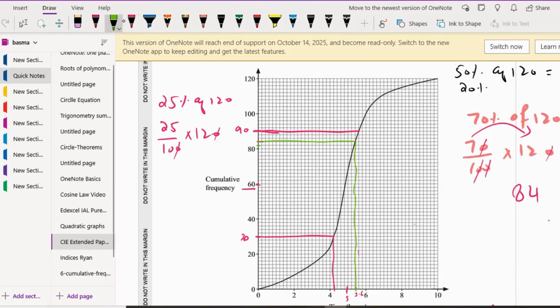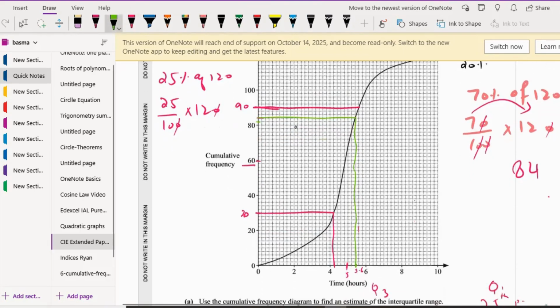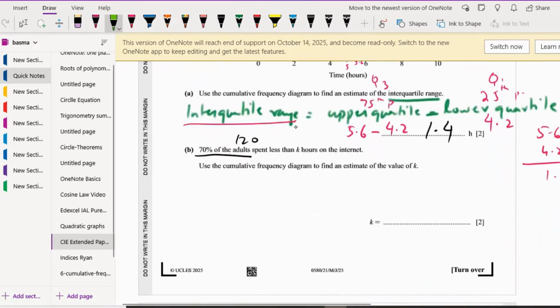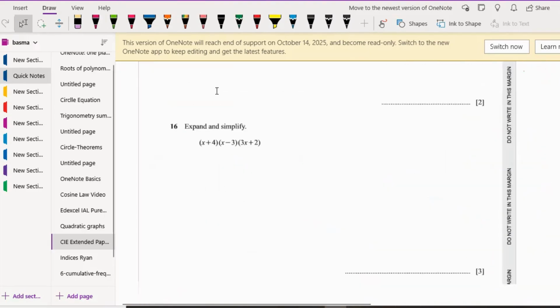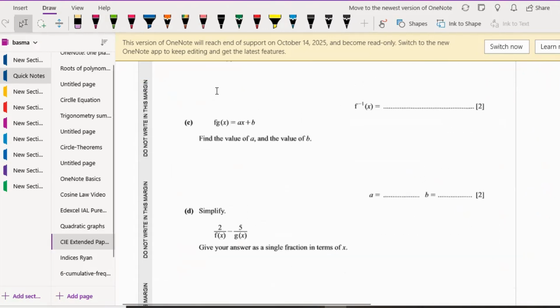Okay, so they spend 70% spend 5.4 hours, so k value is 5.4 hours. Okay, k value is 5.4 here. Use this cumulative frequency diagram to find an estimate for the value of k, which is 5.4. Okay, so that one, this was the question number 12. Okay, question number